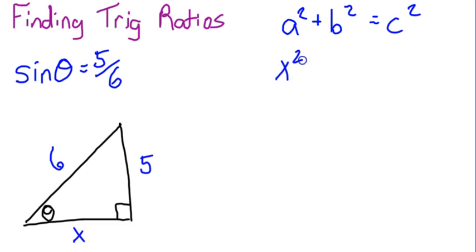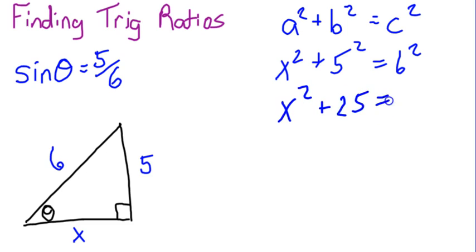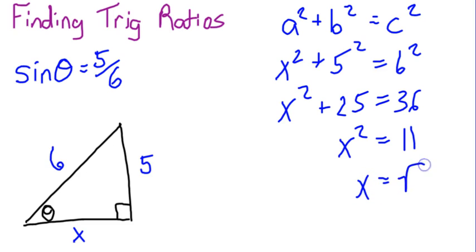So we can go x squared plus 5 squared is equal to 6 squared. X squared plus 25 is equal to 36. Subtract 25, x squared equals 11. Take the square root, x is equal to radical 11. Okay. Remember, technically, if we took the square root of x squared, we would get plus or minus radical 11. Okay. Since we're talking about a length of a triangle in this case, in standard position, it's going to be a positive value. So our x value down below